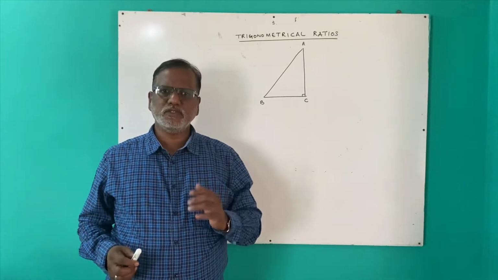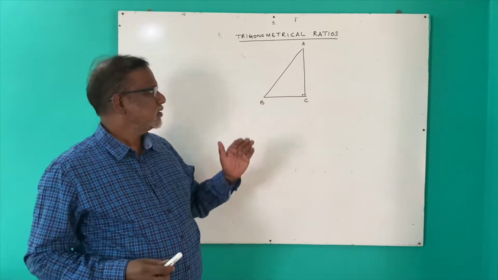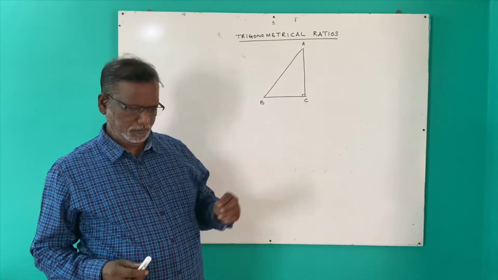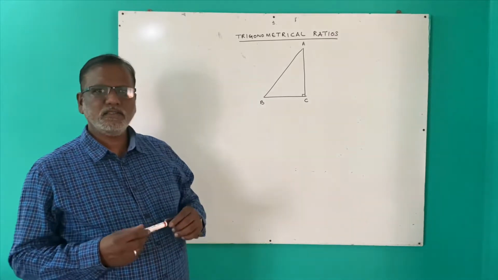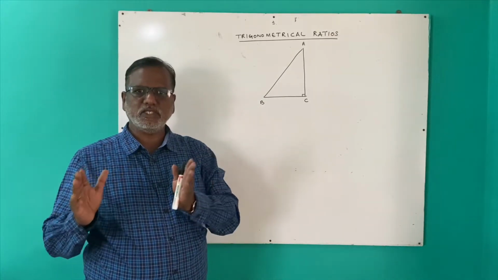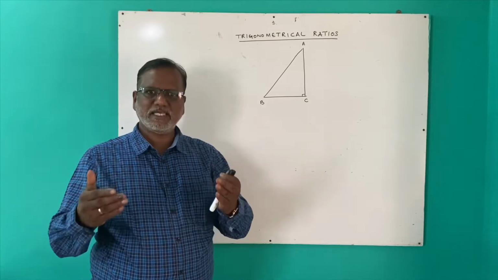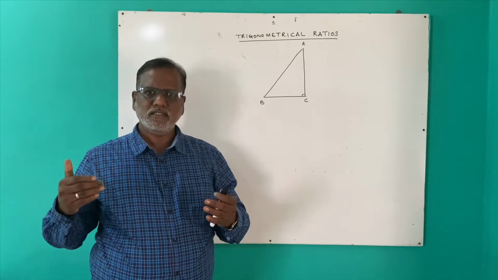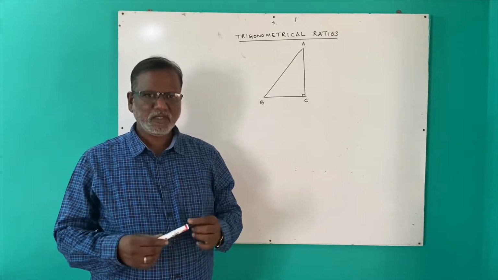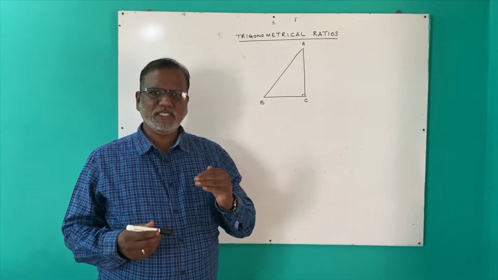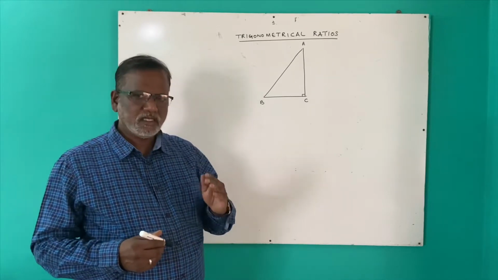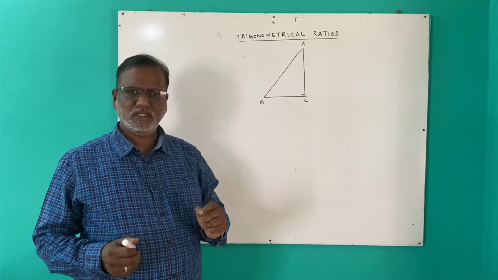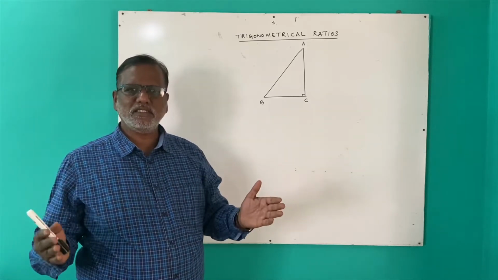The first point that you should remember is trigonometry is something to do with a right angle triangle. And then it involves certain trigonometrical ratios, namely sine, cos, tangent, cosecant, secant, and cotangent. We call it as a cot. Here the most interesting thing is, if you know the first two trigonometrical ratios, all the others are depending on